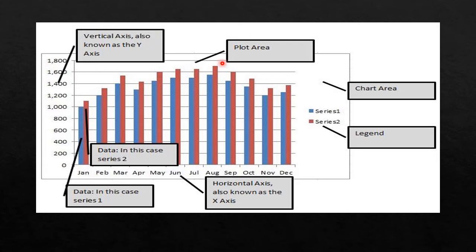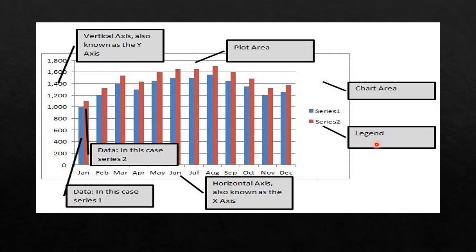See this diagram. First one is plot area. Plot area indicates a rectangular area. Here the two axes where the chart is plotted indicate the plot area. Then the y-axis or value axis indicates the vertical axis. Then the horizontal axis indicates the x-axis.